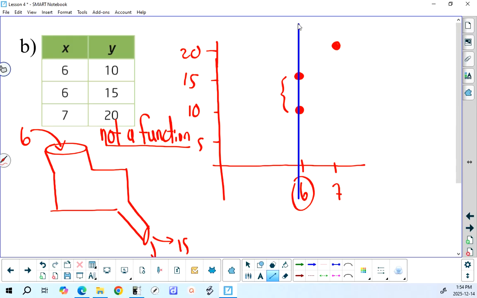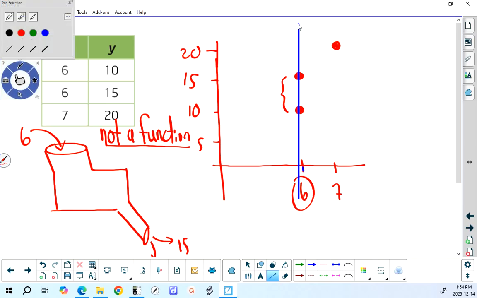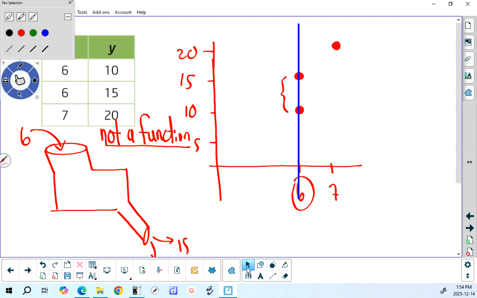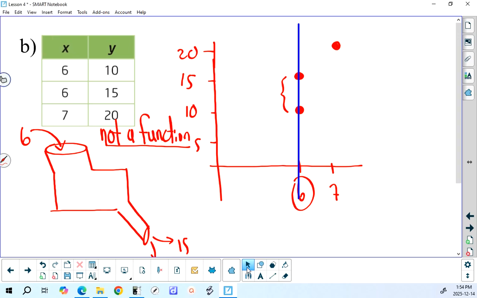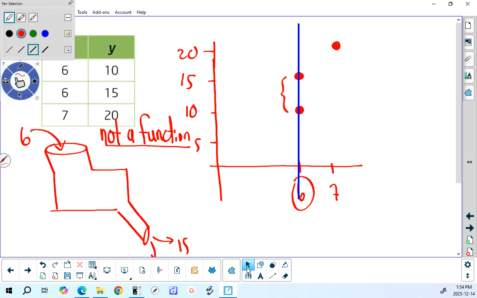The fact that this vertical line, and I'm just going to adjust it because it's not nice and square, the fact that this vertical line is at x equals 6 and it passes through two different points